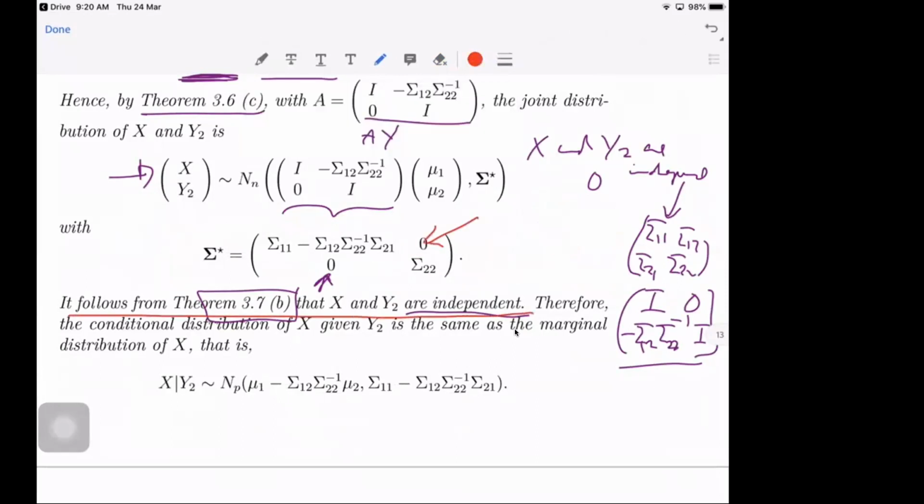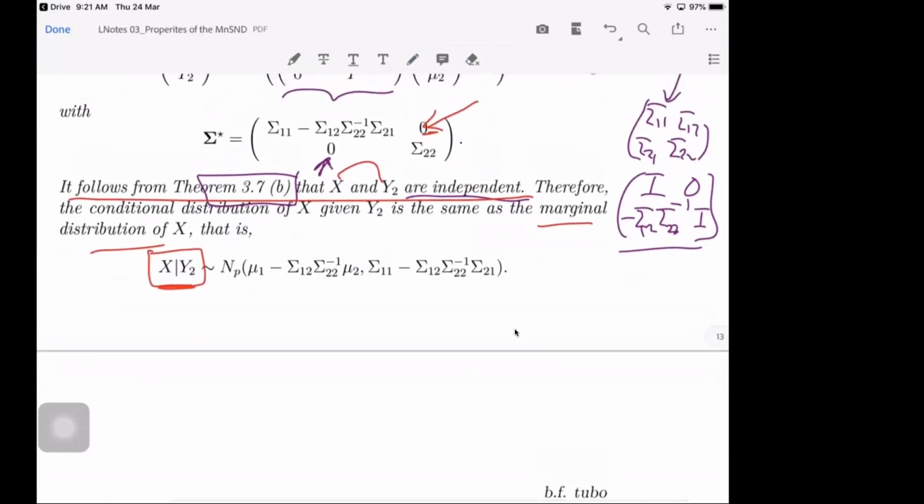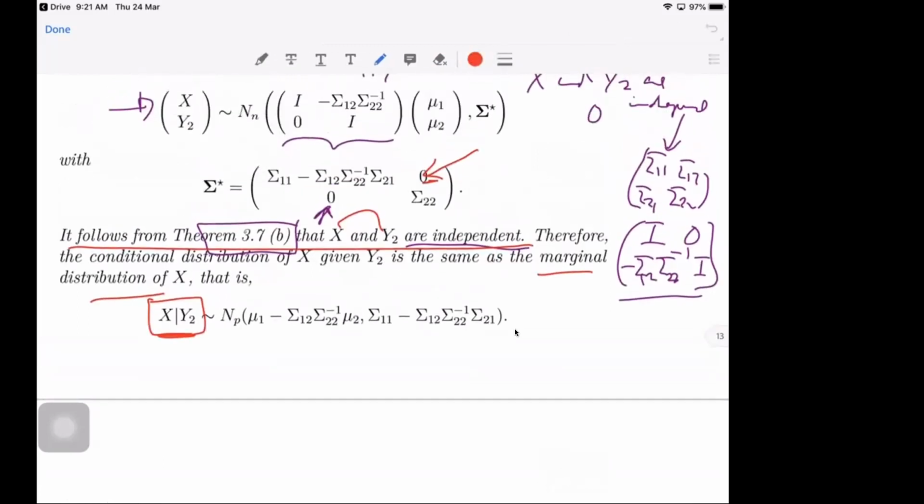Because of this, no? It follows because of the value of this. Therefore, the conditional distribution of X given Y, so if we look at the conditional distribution of X given Y2, since X and Y2 are independent, is the same as the marginal distribution, no? So using the result of marginal distribution on the conditional distribution, you will have the conditional distribution of X